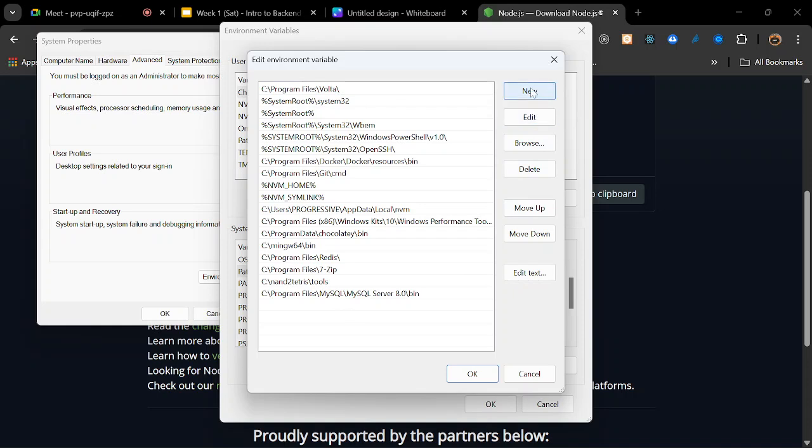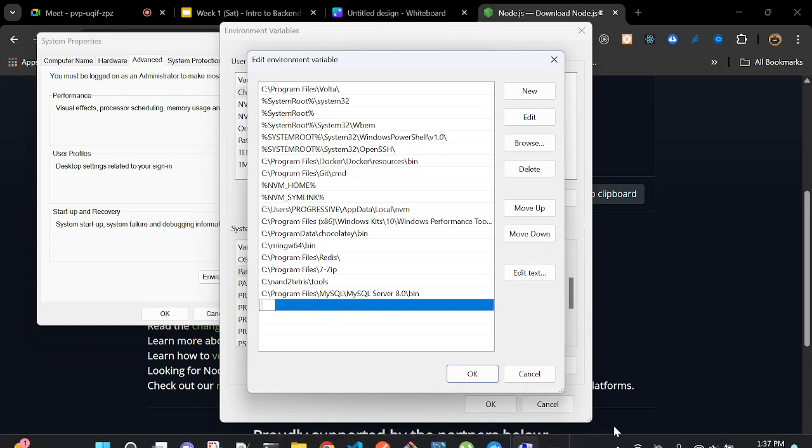All right, you click new. When it opens, you cannot paste what you copied here. So when you do this, as you can see, it's adding this thing that I copied here. Then you click OK, OK, till all the windows close. I'm not going to keep this one here, remove it, because Git is already added on the paths. So you click OK,